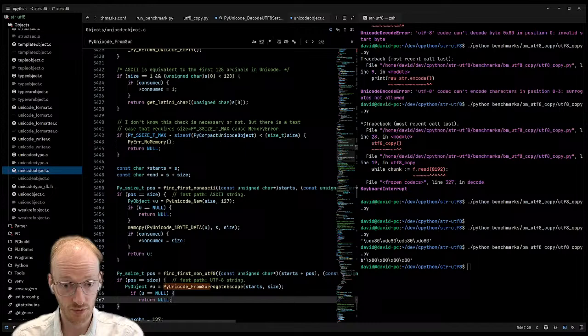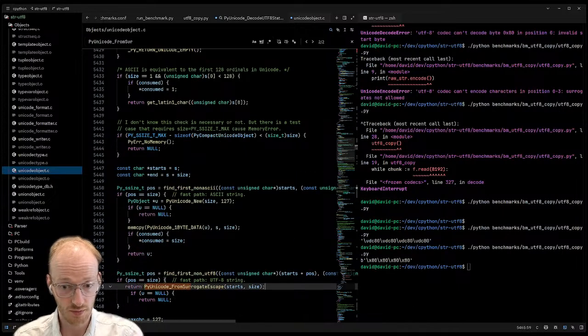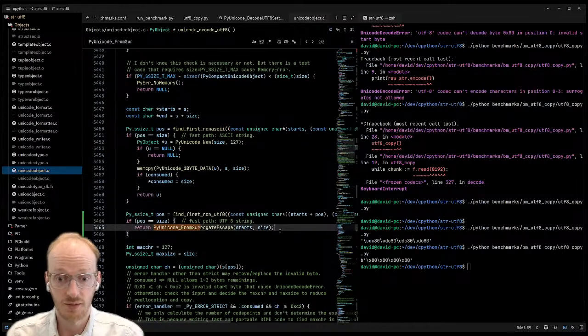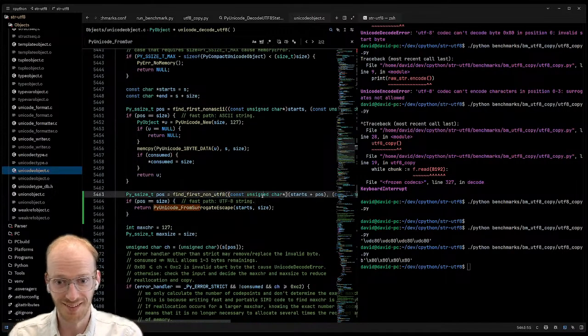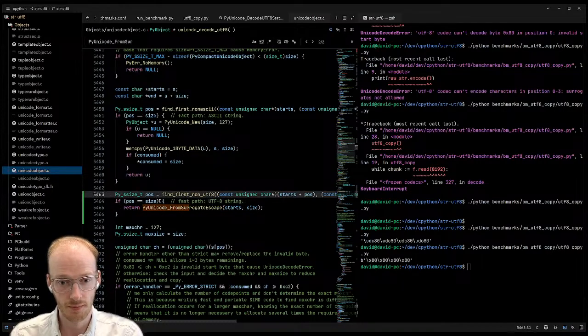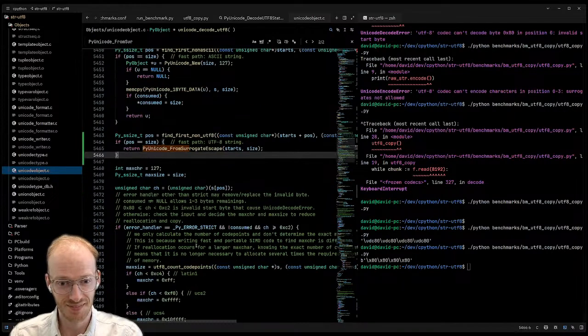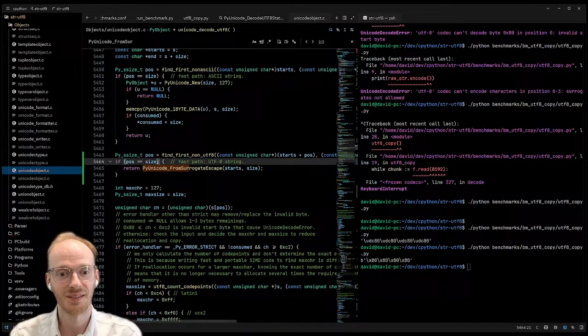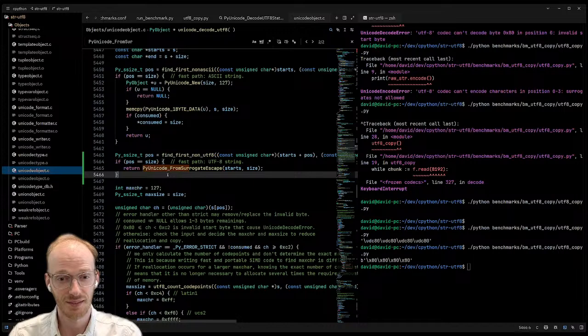Oh, we don't even need to do the branching, do we? We just do it like this. Might come up later, but yeah. Nice. So anything after that is really something we don't need to optimize, because who's reading non-UTF-8 strings from a UTF-8 file? That should be a very, very cold code path. That's the error case.